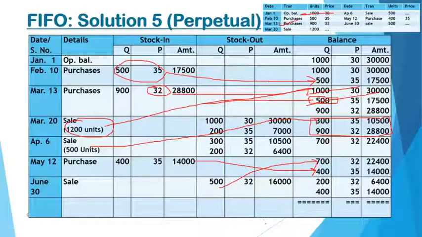So at the end of this stock ledger, you can highlight this and you can write alongside closing stock. Okay, now we can total up the columns. The total of the purchases, stock-ins, will give you the total of purchases and you can verify the totals with your purchase account. That is why we say that this method will help us in management of the stocks.